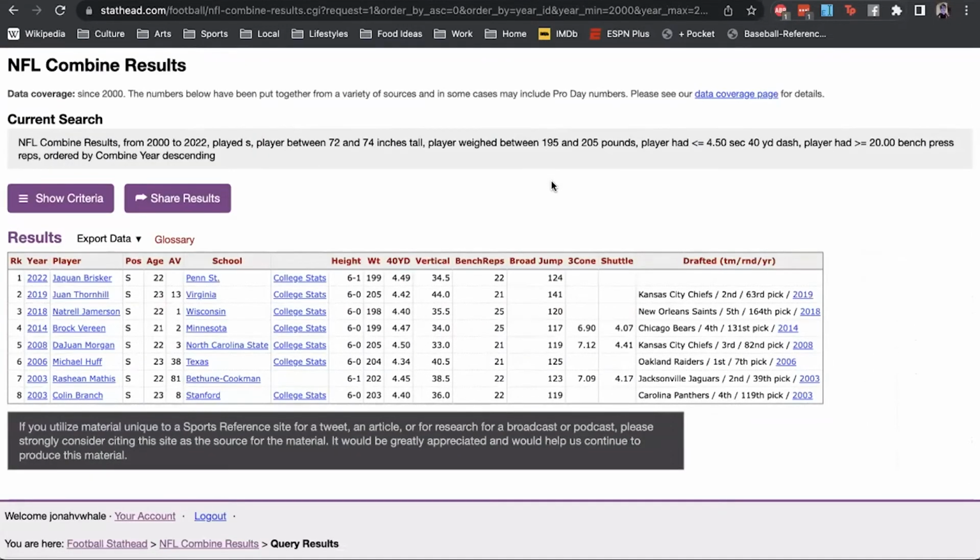One Thornhill showing up there, Rashad Mathis with the 81 AV. And we can see all the players with similar measurables and where they were drafted. Michael Huff went very high. Mostly we're looking at second, third round type picks. But obviously the